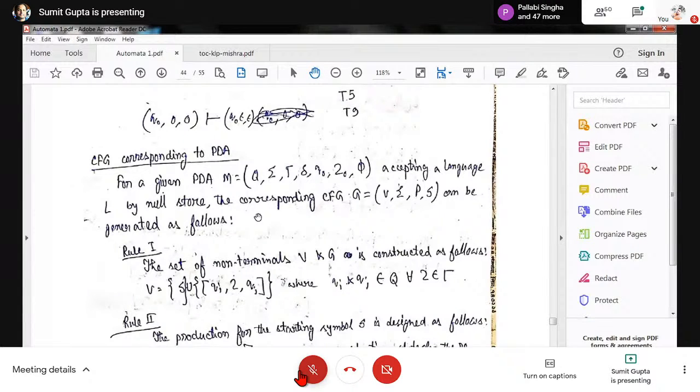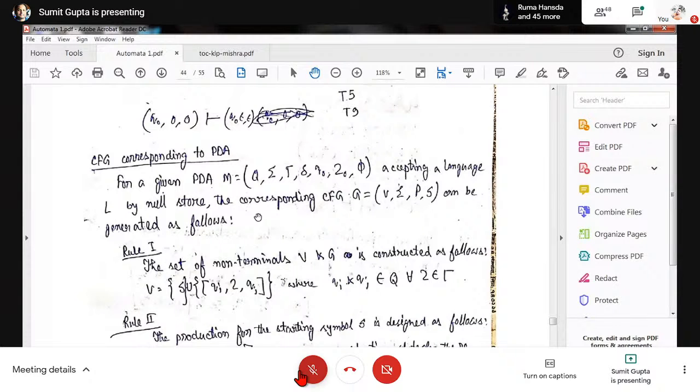So for the given PDA, 7 tuples are mentioned. Accepting a language L by null store, the corresponding CFG G with 4 tuples V, sigma, P, S can be generated as follows. So what are the rules? The first rule states the set of non-terminals V in G is constructed as follows. We have to compose capital V. So from where will we compose capital V? Capital V will be equal to S union [Qi, Z, Qj], where Qi and Qj both belong to capital Q